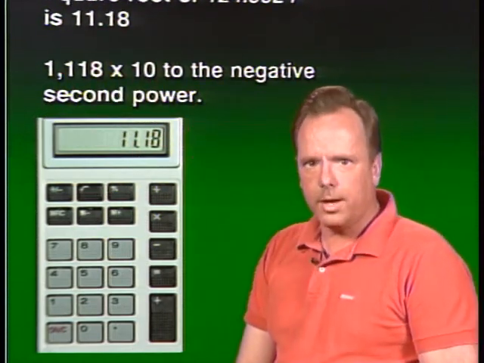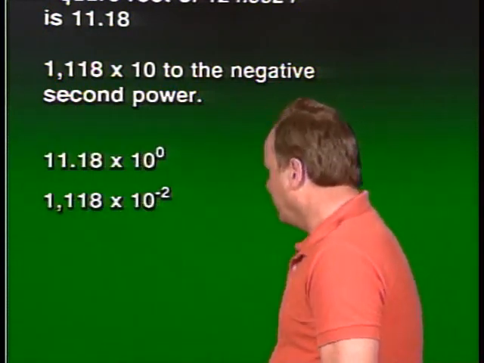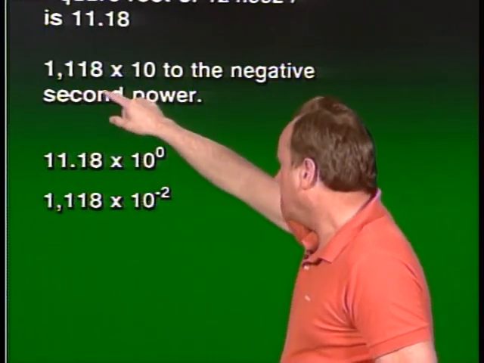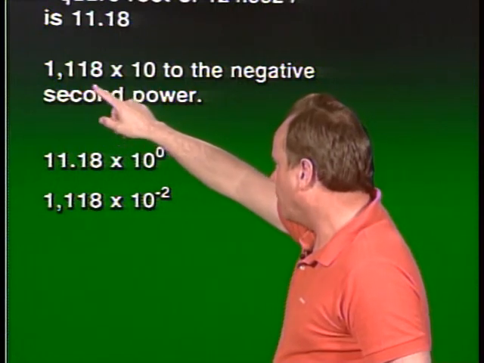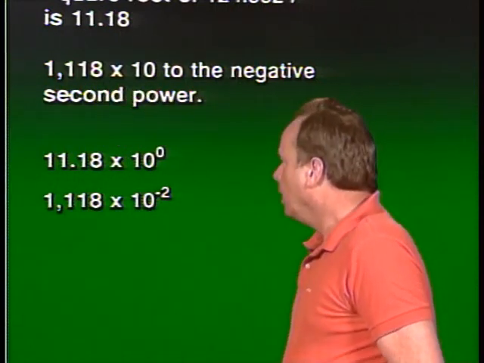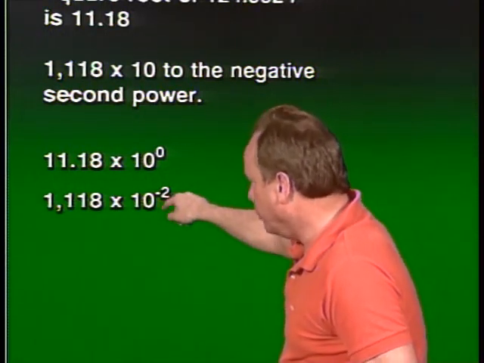What's another way of expressing that? Well, let's take the calculator away for just a second. We'll take a look at another way of expressing that. And that is we'll take the 11.18, and they're going to say, is that equal to 1,118 times 10 to the negative 2nd power? Well, all you have to do, negative second power, is move the decimal point down 2. And so